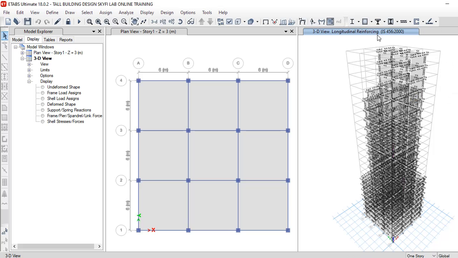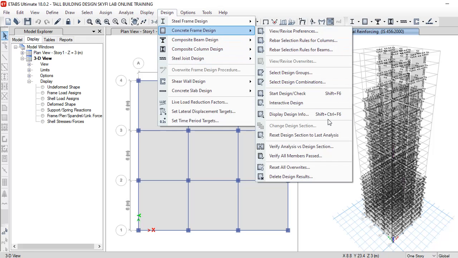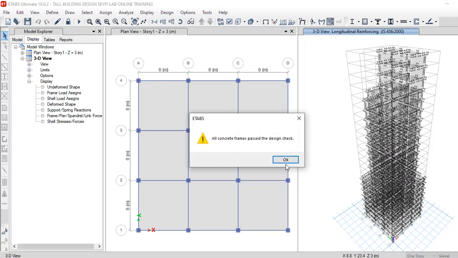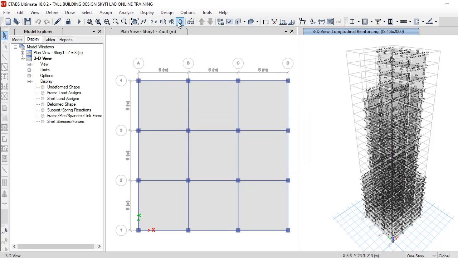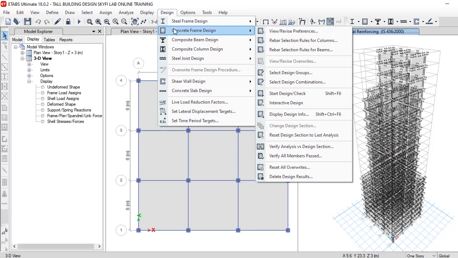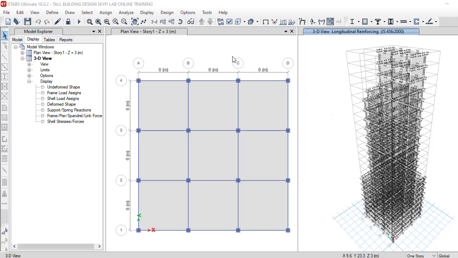So you can see a longitudinal reinforcing detail, same as tall building design. You can also check to verify whether all members pass or not, all concrete frame pass design check, and display design information